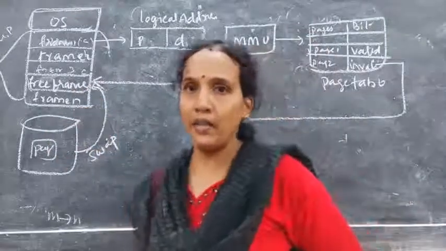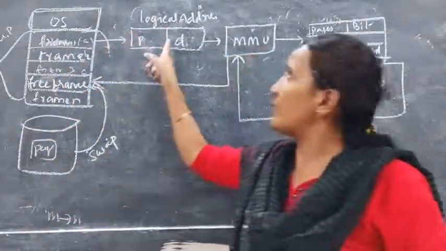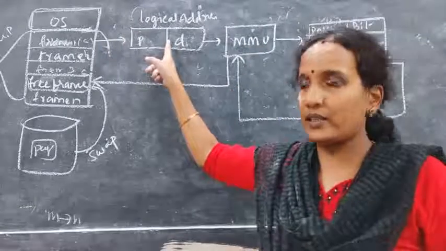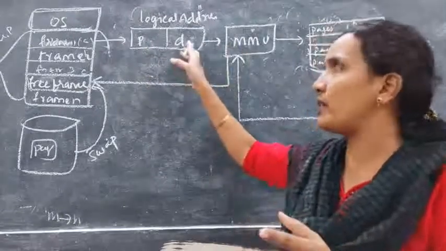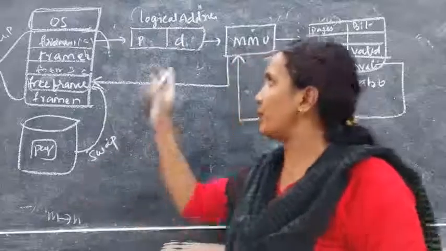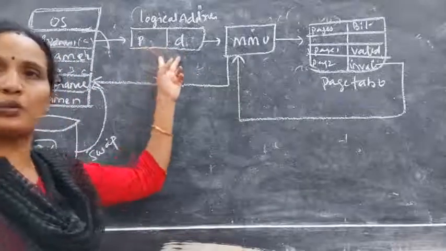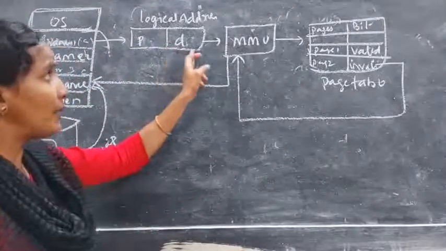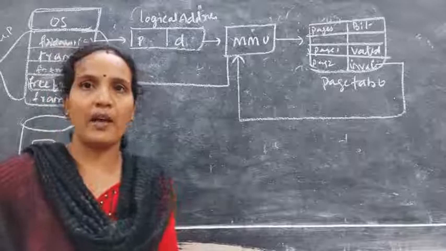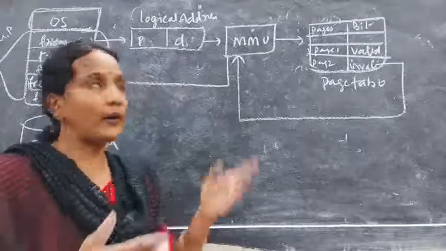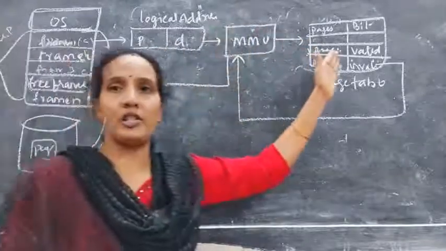Again, how demand paging is working. For example, whenever the user is requesting any page, then what happens? The CPU will generate the logical address. In the logical address, the page number is there, and from that page, what it wants to read is the offset d. So whenever the CPU generates the logical address, it gives the page number and the offset. Then the memory management unit, what is the use of this memory management unit? It will do the mapping. It will search that page in the page table.